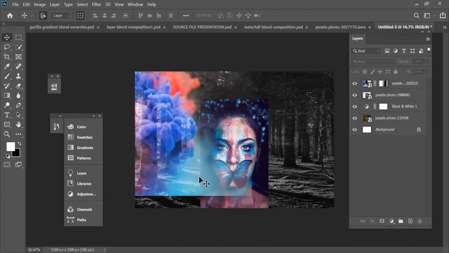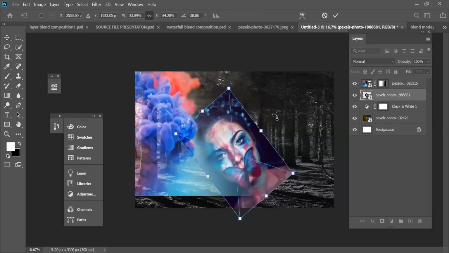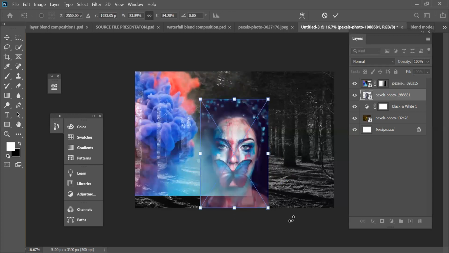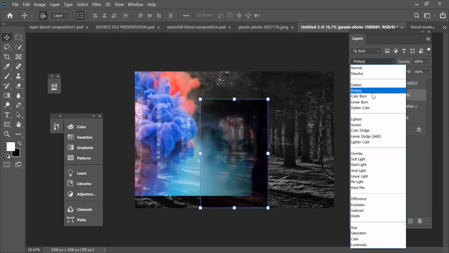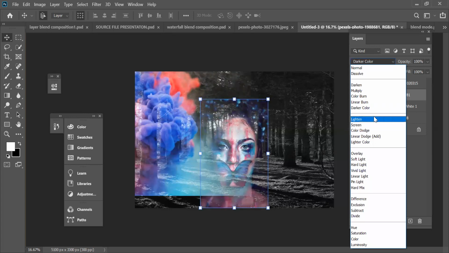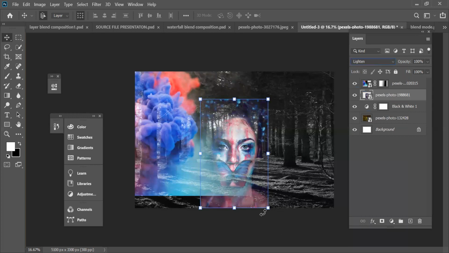Okay, and if there is some kind of an effect here and I don't want this effect, I could add a blend to this as well, like this.